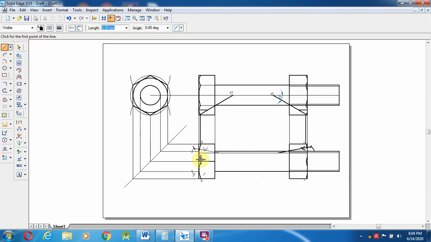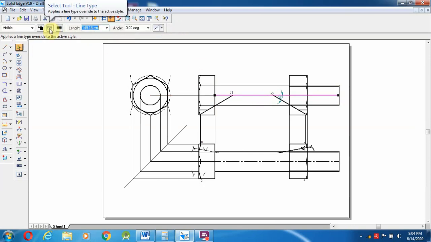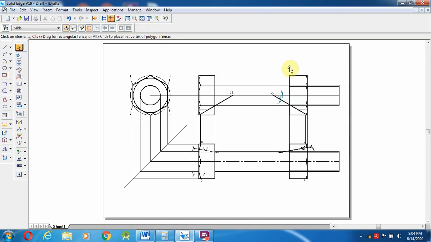Select a line from here up to there and change it to an axis line. Even here I want to draw one more line, and change that line to a point axis line. So the axis line has to be created over here.